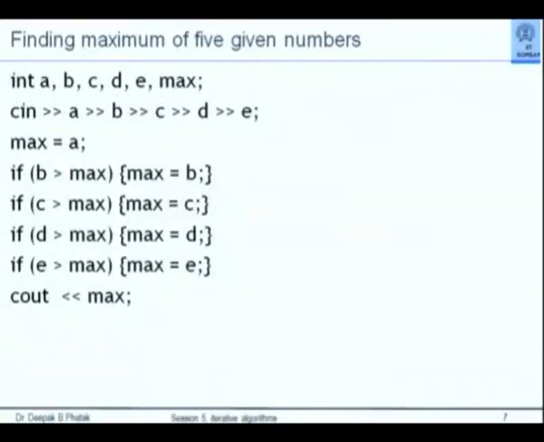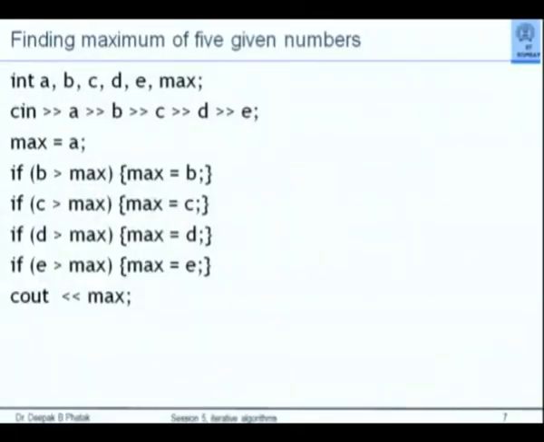With this, we now go back to our problem of finding out the maximum of 5 given numbers. You remember this program? We had discussed this last time. We had said that if we have to develop that tree-like structure for comparison, even for 3 values A, B and C, we got into a bit of a mess. If A greater than B, then if A greater than C, then max is A, else max is C, else again B and C comparison, etc.